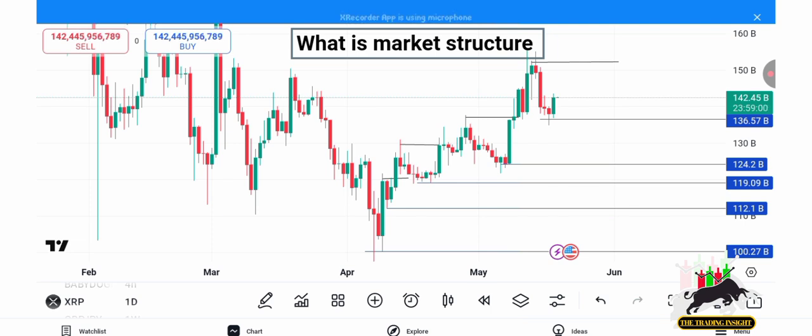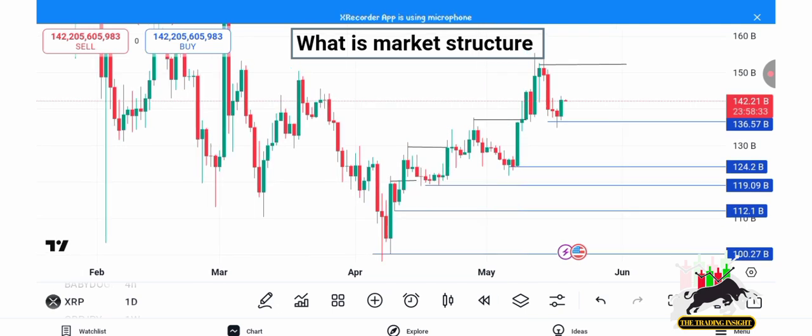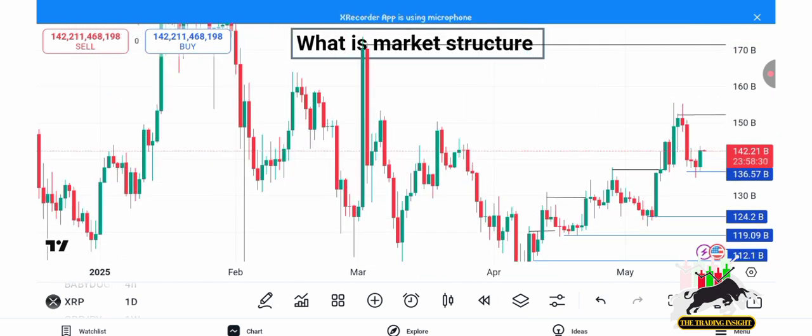And I need us to take this market structure very seriously, because it is part of the things that we will need as confluences to take our trade to be profitable. So this market structure is very, very important. Look at how the market was breaking structures, creating highs and lows, moving upward. So now let's look at the downtrend. That was for an uptrend.